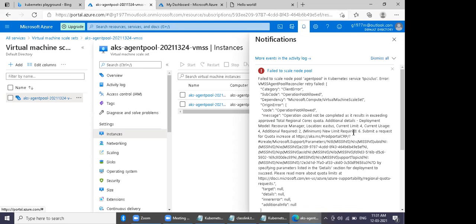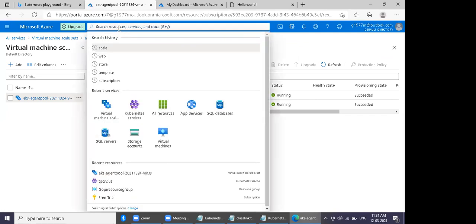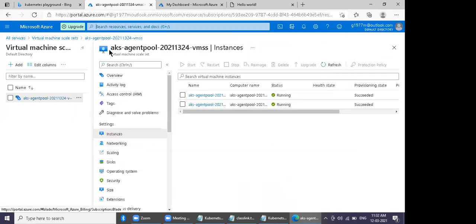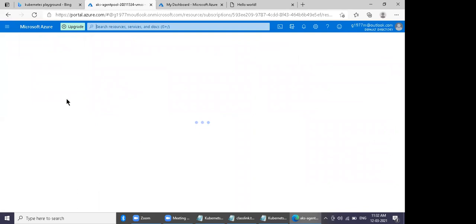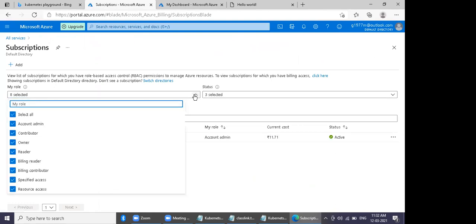Your current limit is 4. So if you are running in production, how will you increase the limit? Go to subscription. Click free trial, below your free trial.